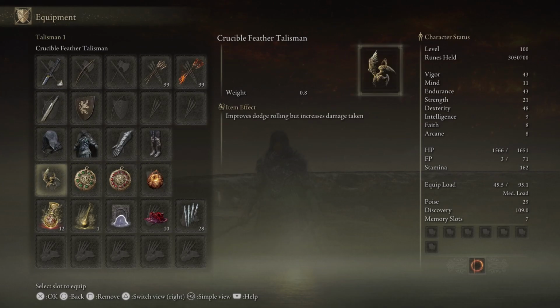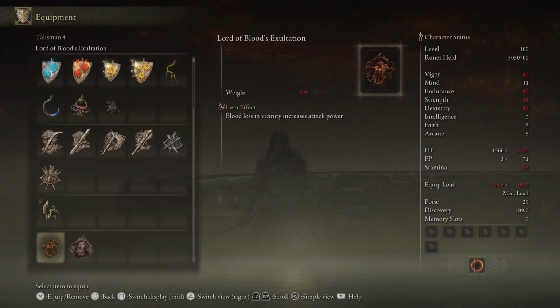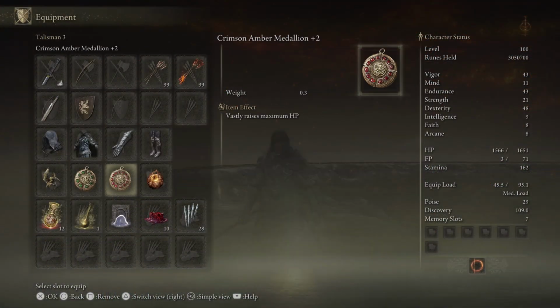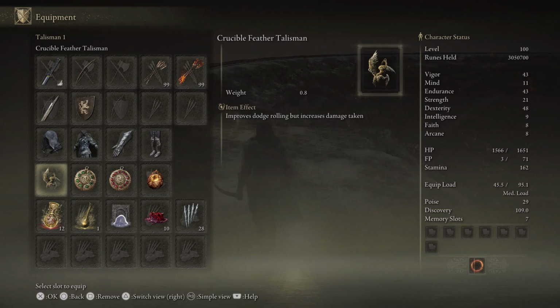Okay, so your dodge. Once you get the Hand of Malenia, I pretty much just don't use this anymore for the attack boost. I mean, I guess I can, but then I'll have to switch out one of these, because the dodge is pretty good. Against bosses, this is fantastic. So yeah, anyways,